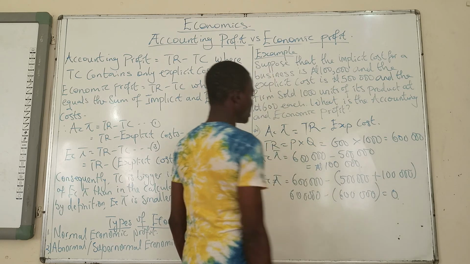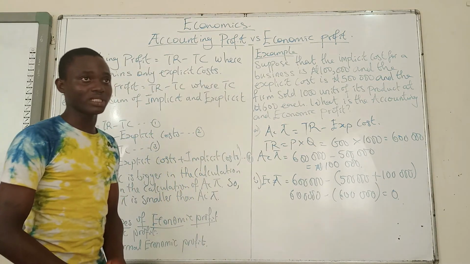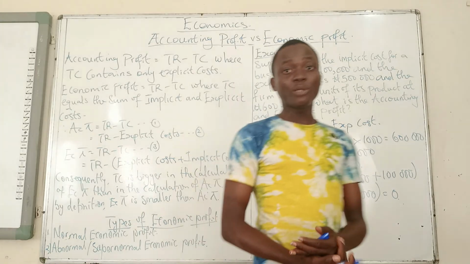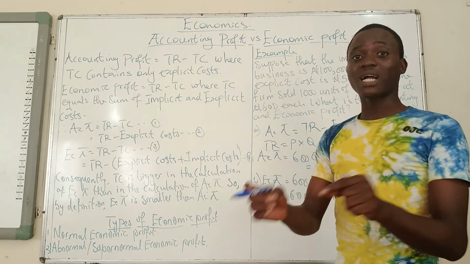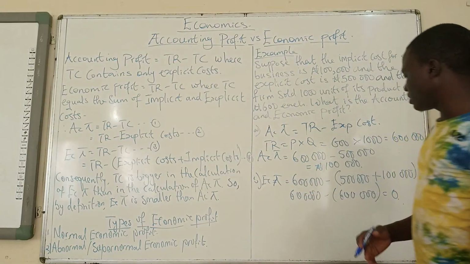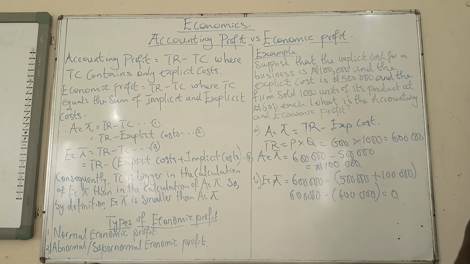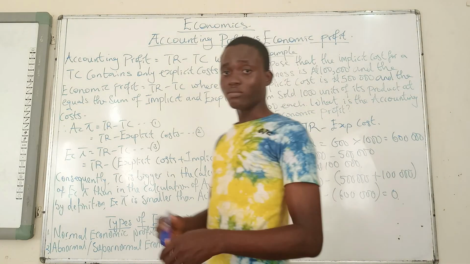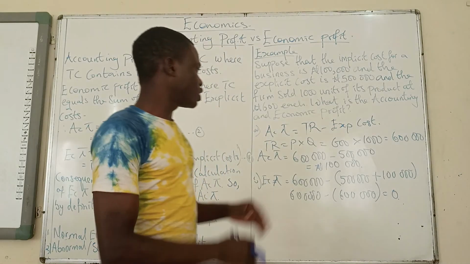So this firm is making a positive accounting profit, but it is barely making any economic profit. So the firm is making a normal economic profit, while an accountant says it's making a positive profit. Now the thing is, this is not usually this simple, as we'll be talking about stuff like this in